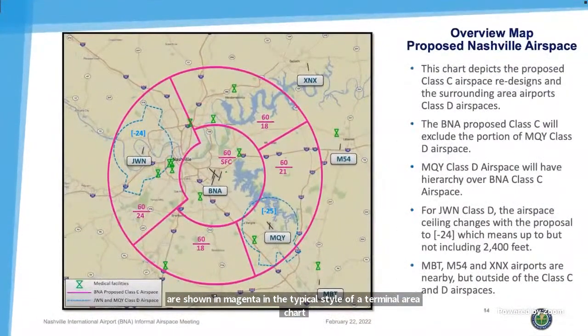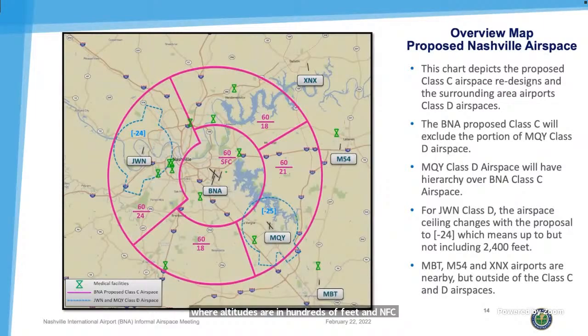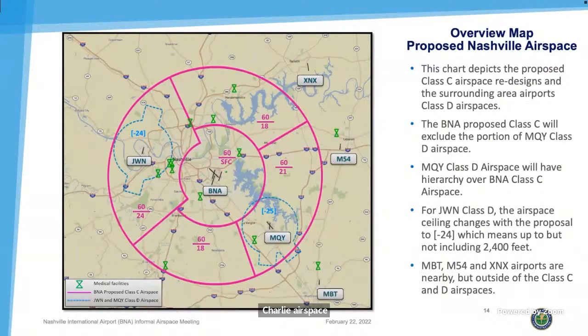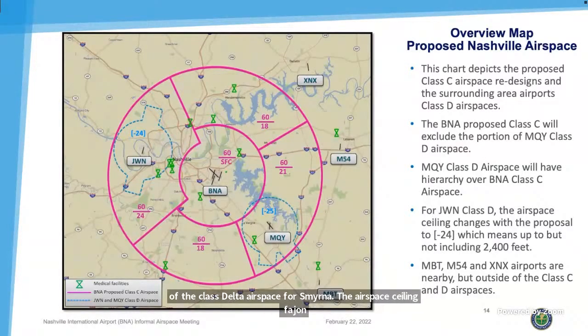This proposed airspace change includes changing the floor and ceiling altitudes of the existing Class Charlie airspace. The ceiling is proposed to be 6,000 feet MSL, and each segment will have a different floor altitude. The Class Charlie airspace excludes the Class Delta airspace for John C. Tune and excludes most of the Class Delta airspace for Smyrna. The airspace ceiling for John Tune changes with the proposed design. There is 1 inner ring and 4 outer ring segments. We will review each of these segments starting with the inner ring and going in a clockwise direction for the